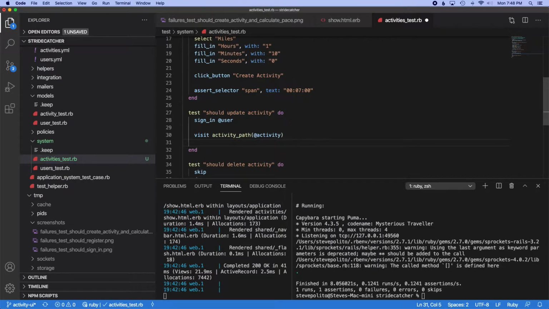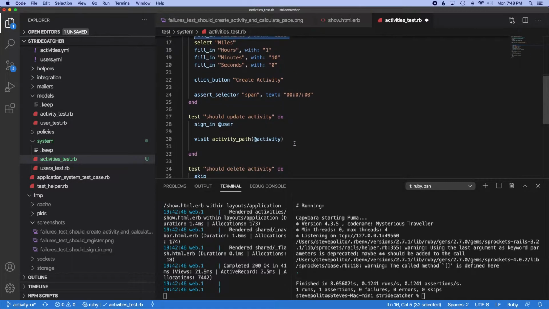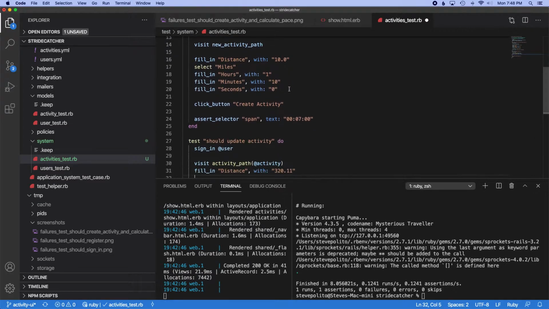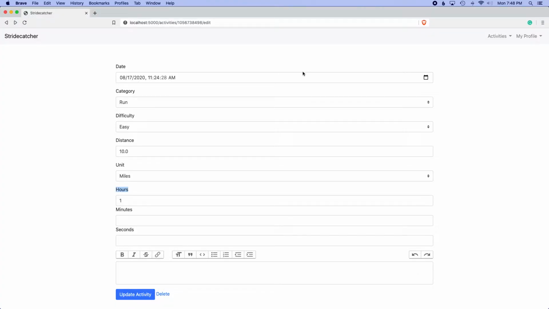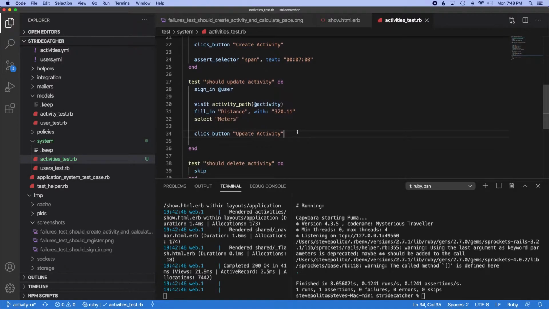We've got to pass the activity in there, and then let's just fill the distance in with, I don't know, 320.11, and for a unit, we'll just select meters. And then for the button, I actually think, so now see it's update activity. So let's do click update activity, and then